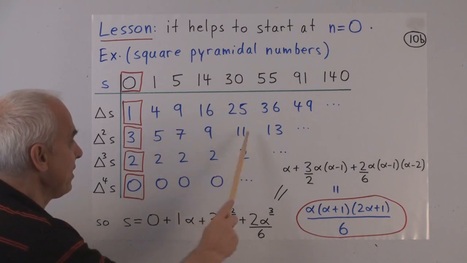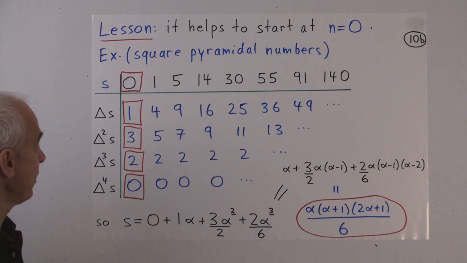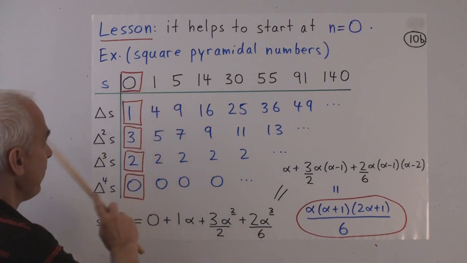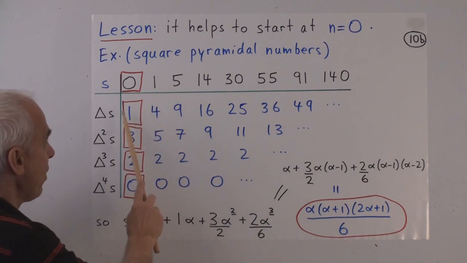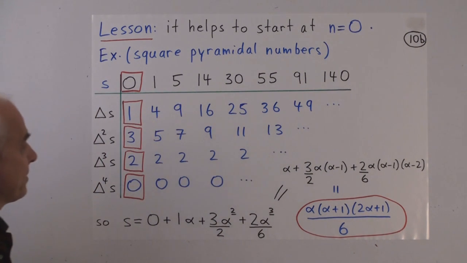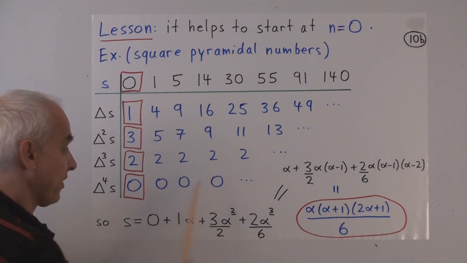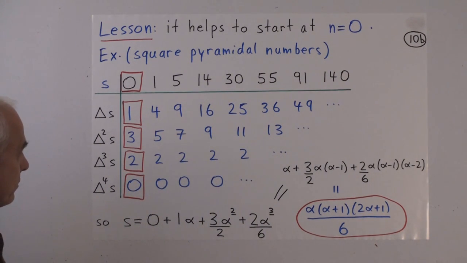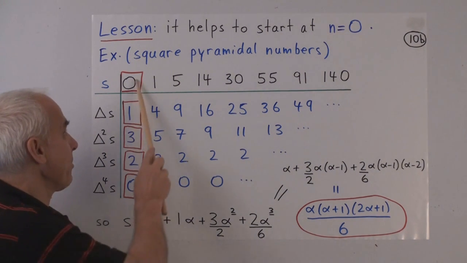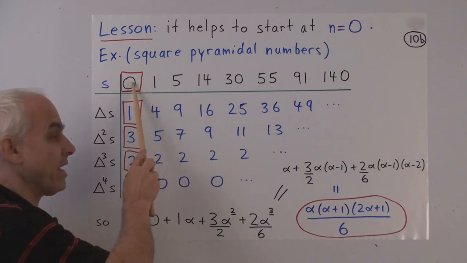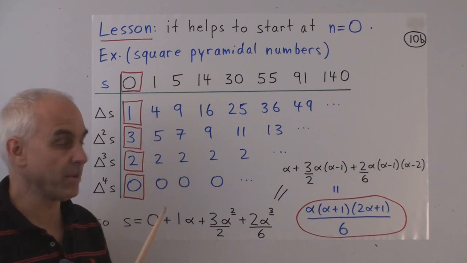And here I've repeated the difference table that we had earlier. So we're just taking differences. Now this is a 1 representing the difference between 1 and 0, 4 the difference between 5 and 1, and so on. It's a table of first forward differences. And then here's the table of second differences, third differences, and the fourth differences are all 0. Now Newton's theorem is telling us that the important numbers are the ones that are appearing first right here. They are the various differences evaluated at 0. So the 0th element in the sequence.